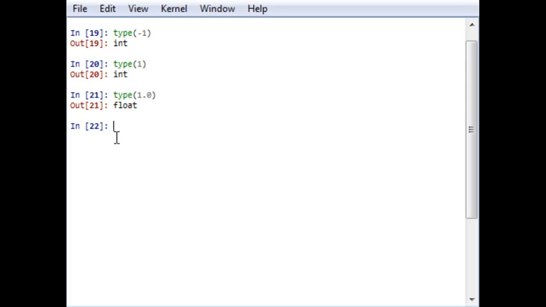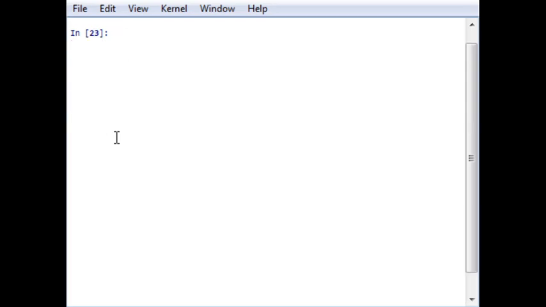As we do every time, first we will clear this command window. Now, for implementing this function, we first have to import the sys module.